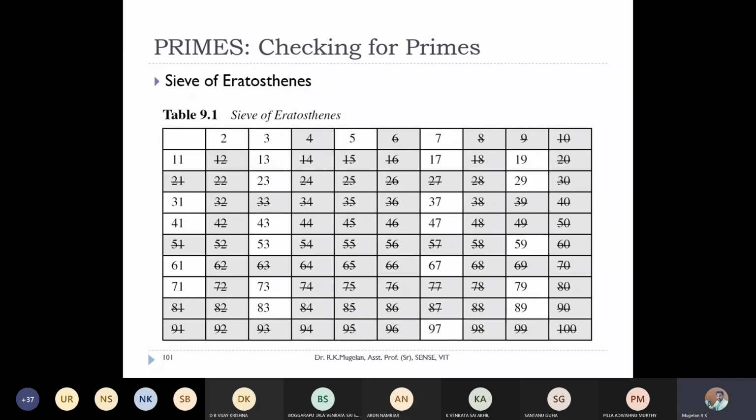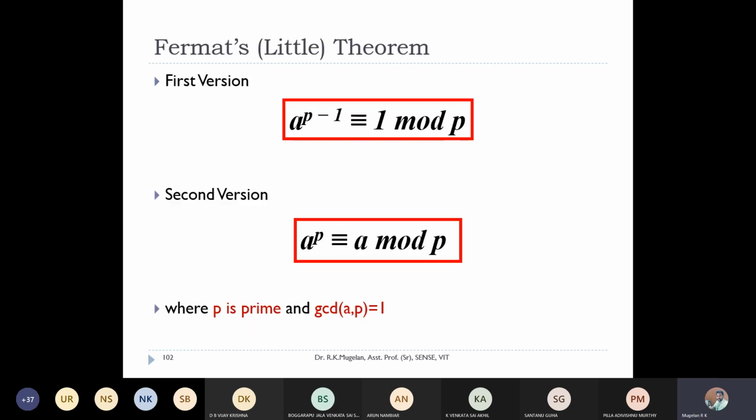This is called the Sieve of Eratosthenes. It has all the prime numbers up to 100, and here they are striking out the multiples, but it's not visible. So with this, we'll wrap up today's session, because all the theorems which we are going to discuss after this one,